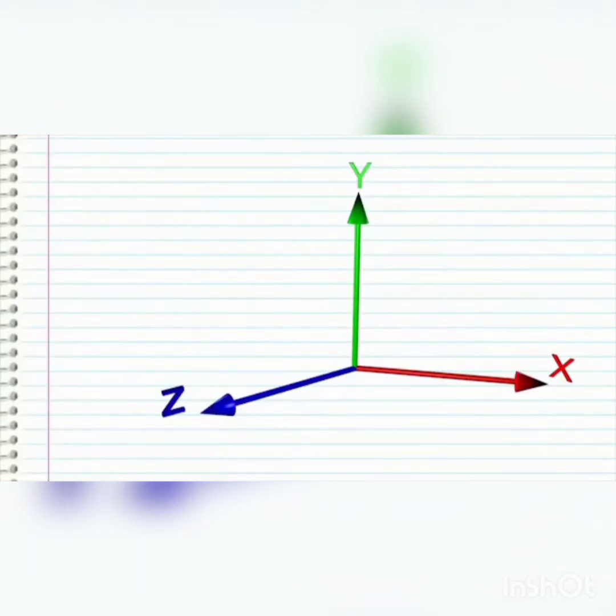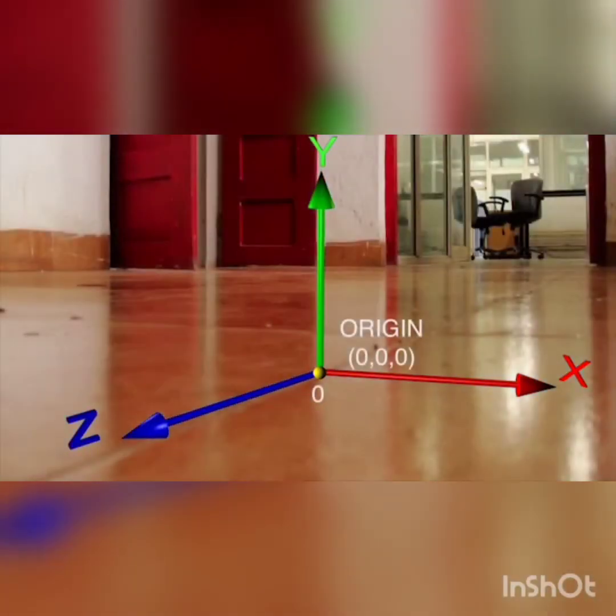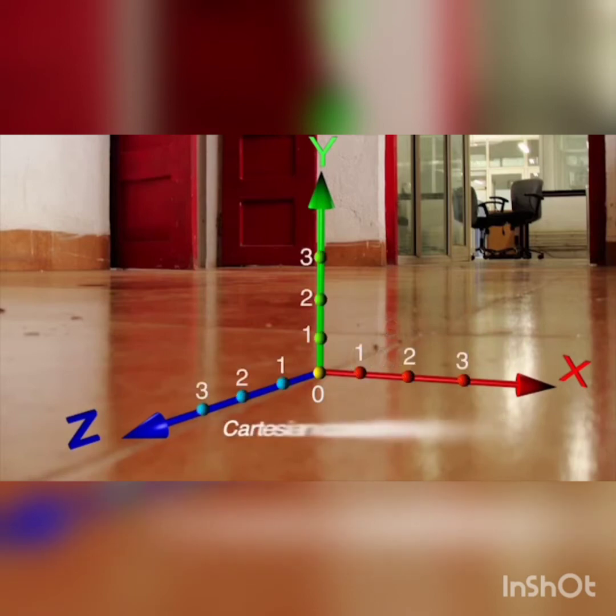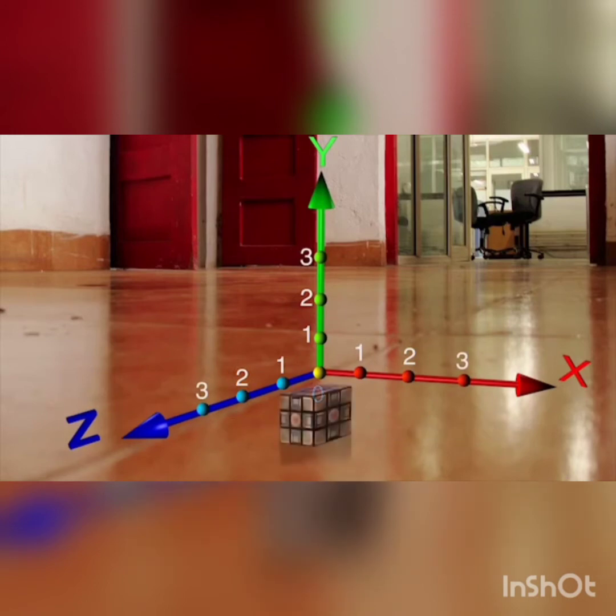An axis is an imaginary line in space that defines a direction, such as the x, y and z axis. The intersection point of the 3 axes is called the origin. Coordinates are 0, 0, 0. This is known as the world coordinate system. The prototypical example of a coordinate system is the Cartesian coordinate system.